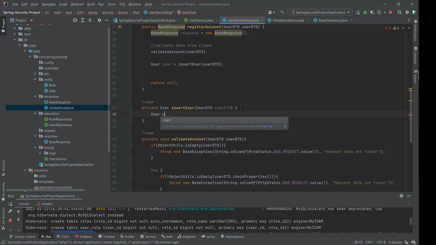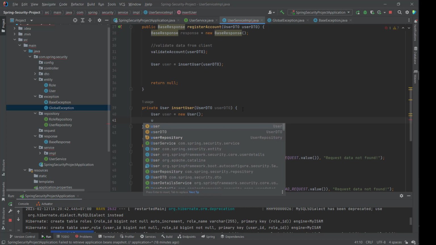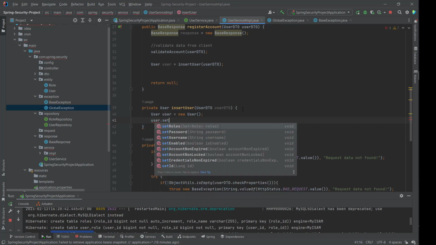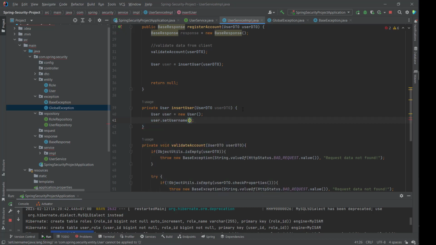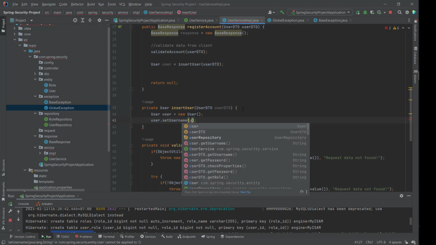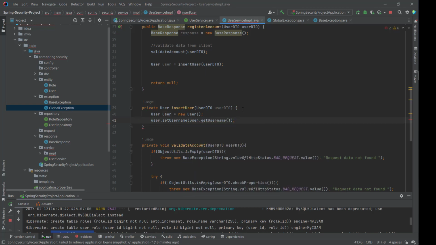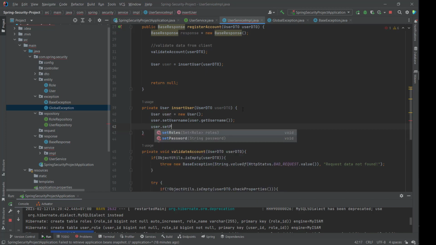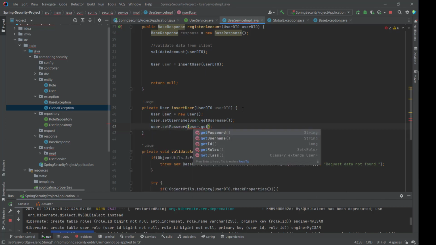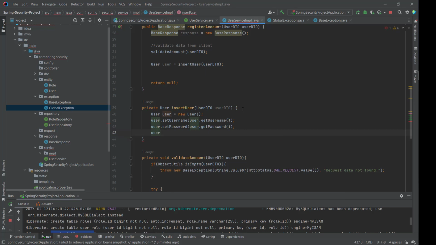So user equals new User, and user.setUsername equals userDetail.setUsername,